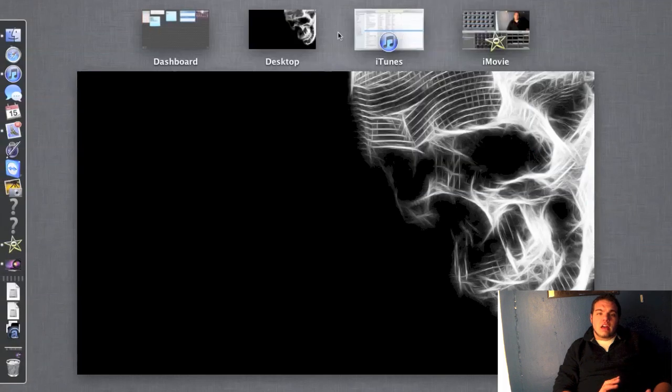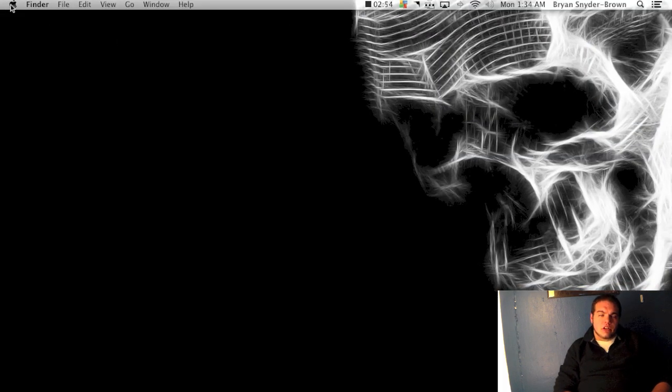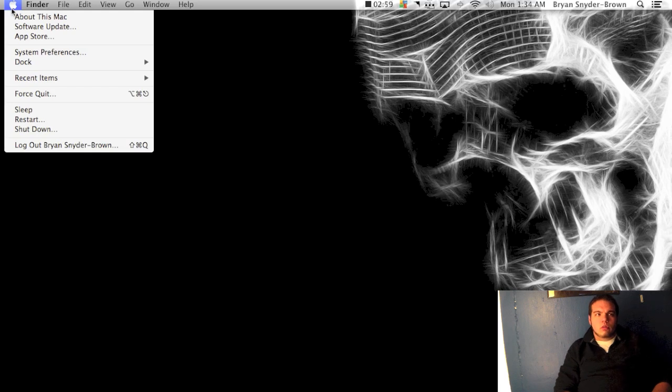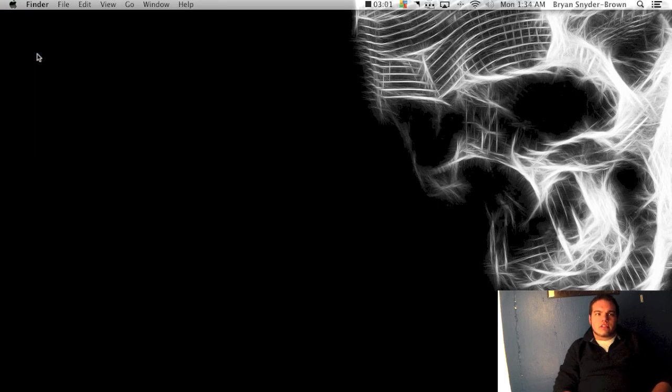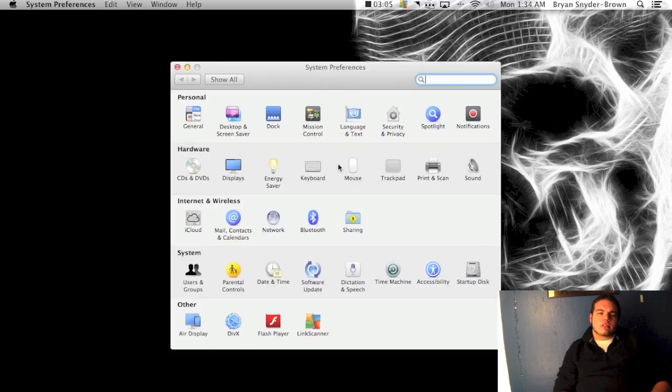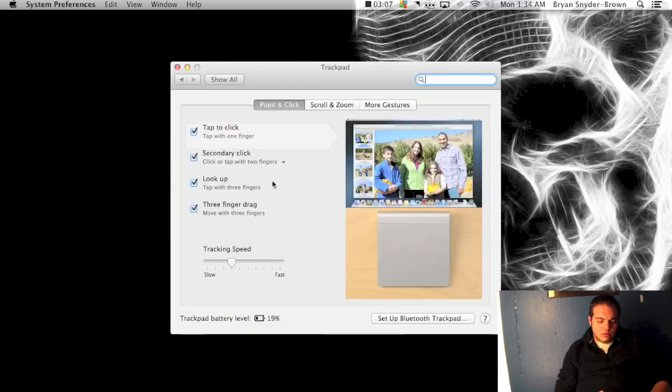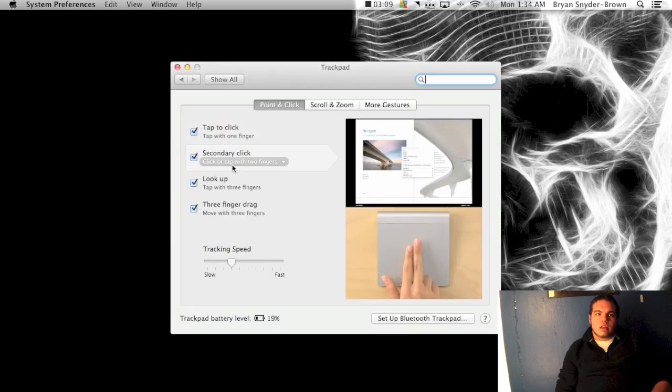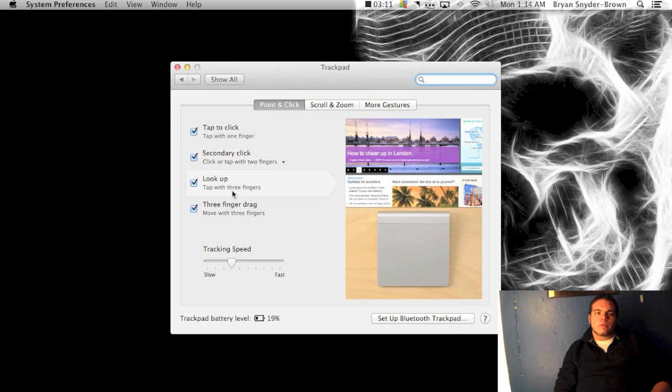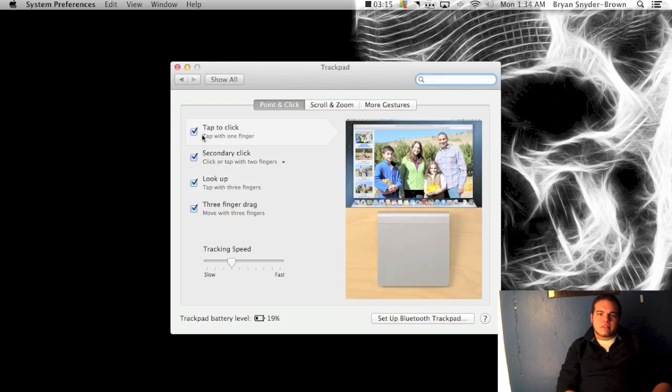And this is set up in the multitasking gestures. In order to do this, you go to the little Apple logo, go down to System Preferences, and then select Trackpad. You can go through, and as you can see, there's a little video that shows you what these different gestures do. Alright, let's move on to keyboard shortcuts.